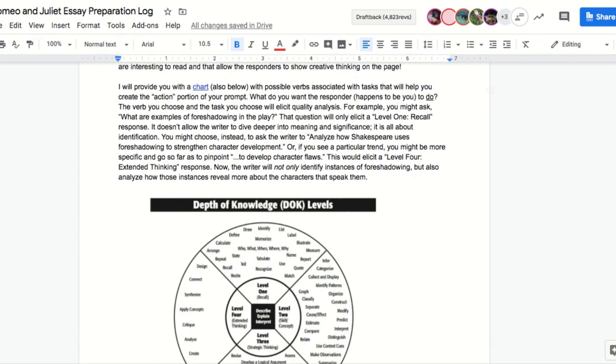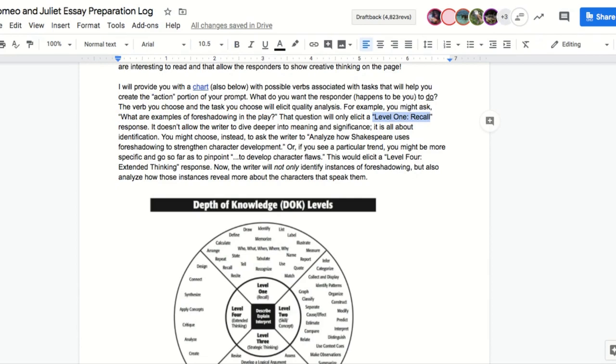You already know the topic. So if you take a topic and you add an action, you now have a prompt. You have something for someone to do. The verb you choose will really help elicit the quality of your analysis. So if you ask, what are examples of foreshadowing in the play? A what question really only allows for a level 1 response, because you're just going to say, here's one example